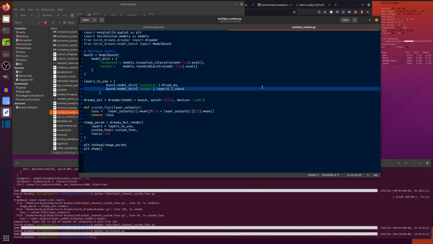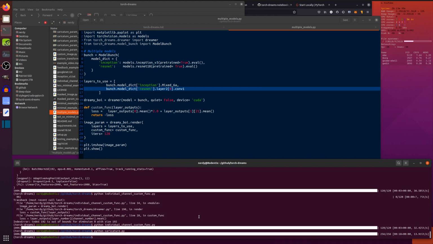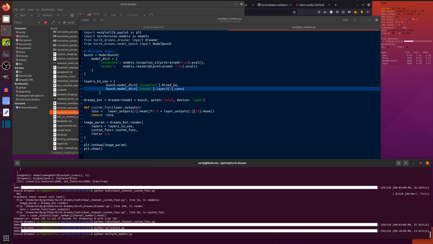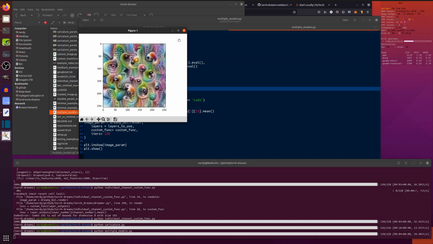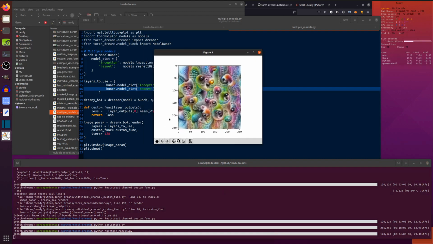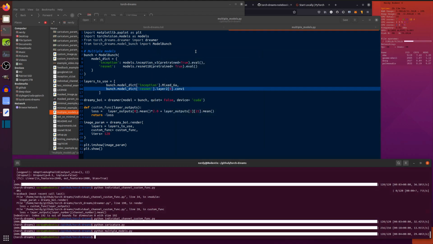So you can see how all these different examples are building on each other. Let's have a little look at this one. So Python, multiple models. So remember what I said about it being a Swiss Army knife? You've got all these different things that you can just, even though you don't know any Python, just copy pasta them, change a few numbers, and you get some cool looking images. So there's a little weird one there for you. So that's 2 models,